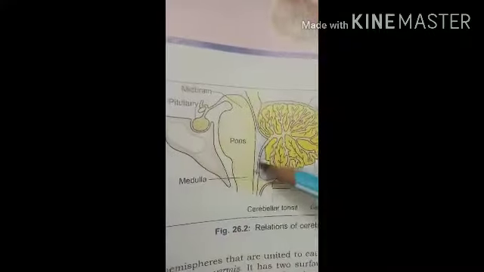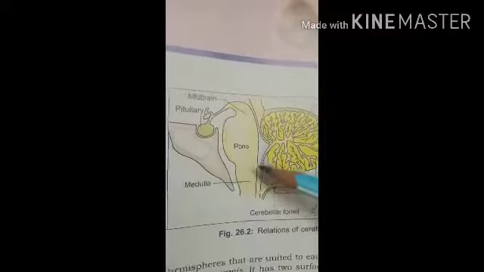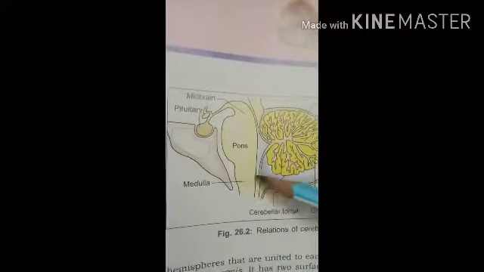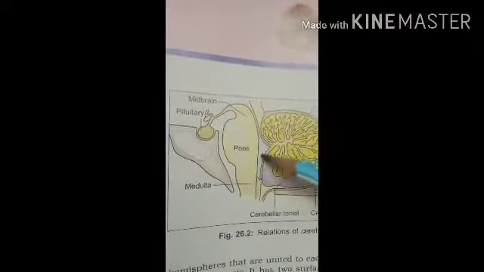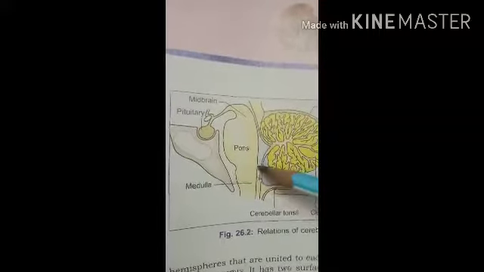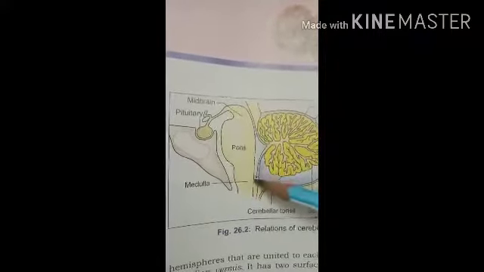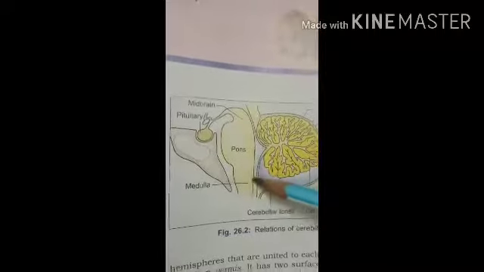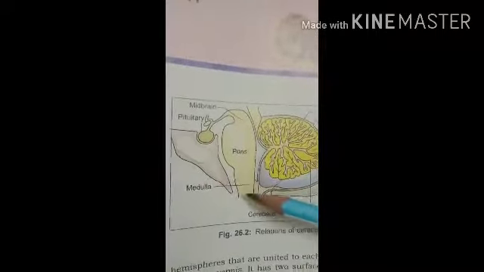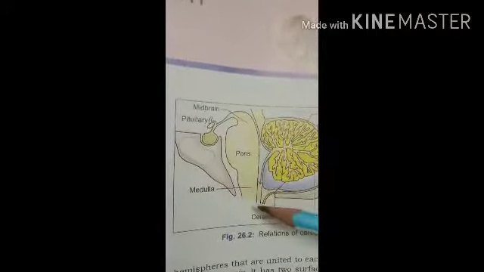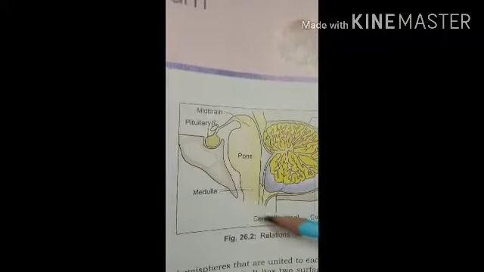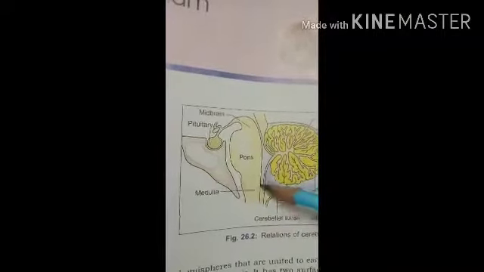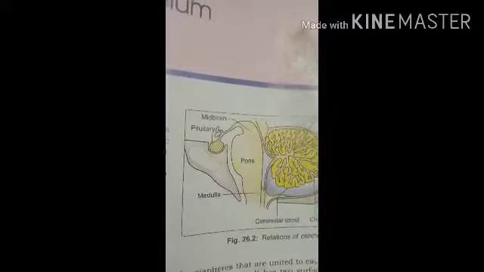And then the applied or clinical anatomy. The first clinical point related to the medulla oblongata is in the lower part of the floor of the fourth ventricle. So here you can see the fourth ventricle, and in the lower part the vital centers of respiration, cardiac and vasomotor center are present. So if an injury occurs in this region, it may be fatal.